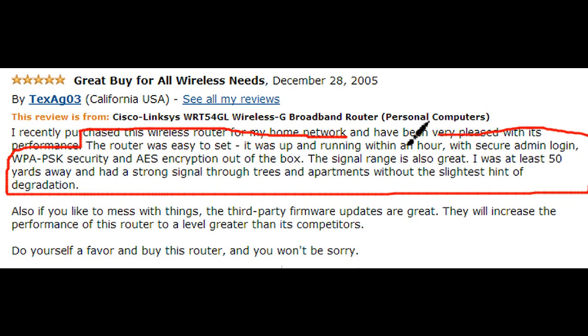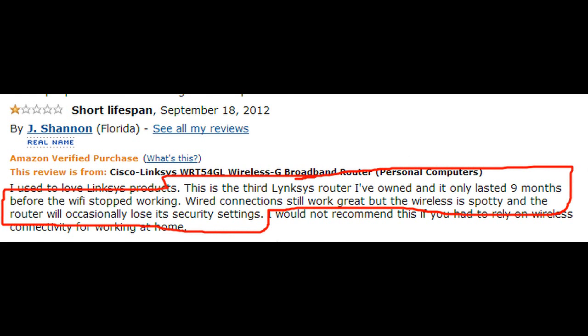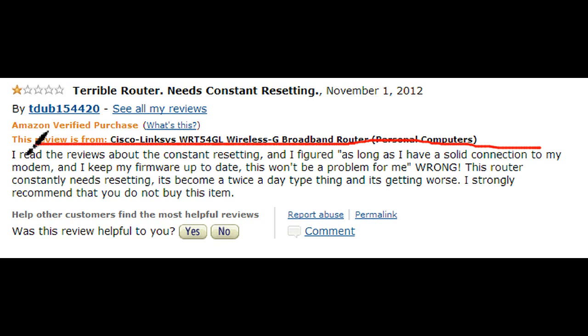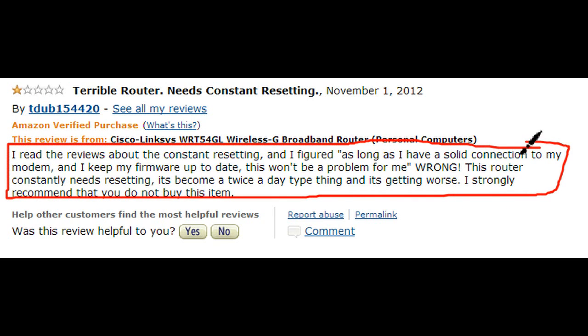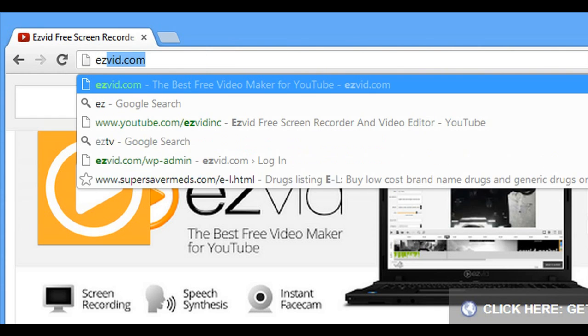However, for some, they would totally disagree and say that it's not reliable. For them, the connection drops all the time, to the point of having to reboot the router several times a day. That is insane. You should not have to reset your router every day, which equals possible defect, which means you might want to call that 1-800 customer service number. Now let's head back to our list,